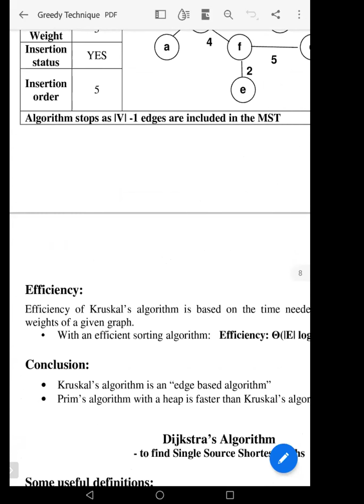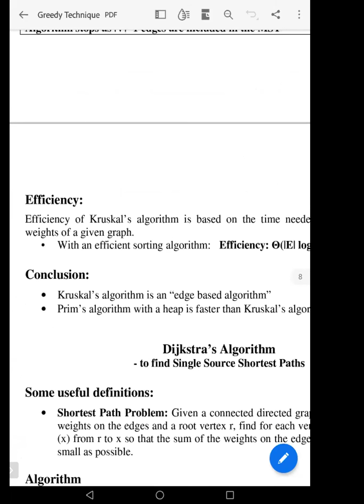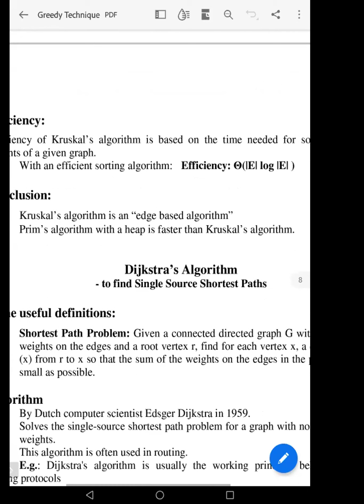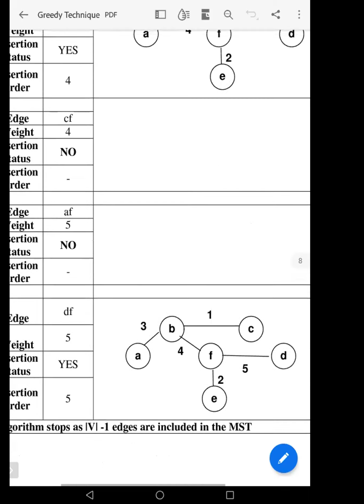The difference between Prim's and Kruskal's is that Kruskal's is an edge-based algorithm, whereas Prim's algorithm is a vertex-based algorithm. Prim's algorithm with a heap is faster than Kruskal's algorithm. If you compare these two algorithms, which one is faster? If we take Prim's algorithm with a heap, it becomes faster. Otherwise, Kruskal is easier than Prim's algorithm. So these are the two problems under